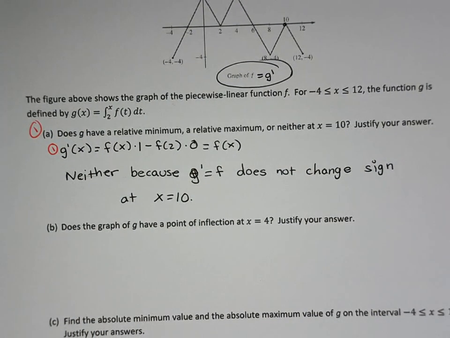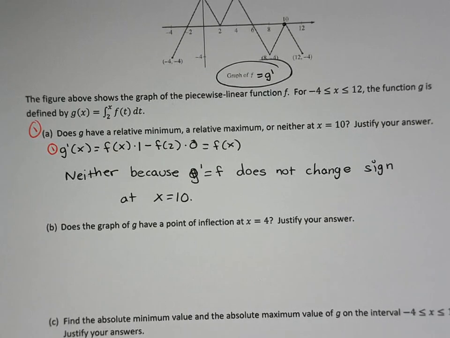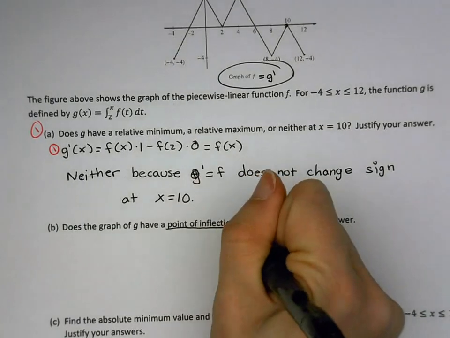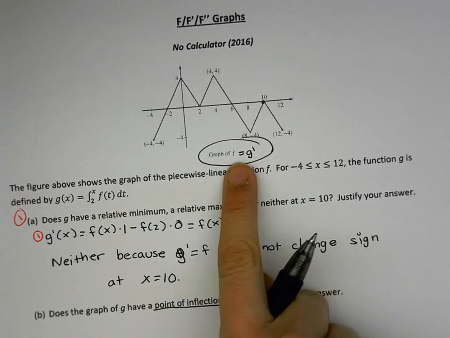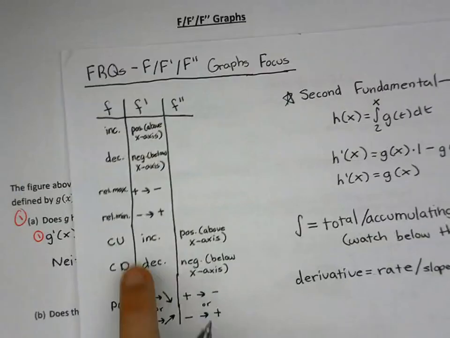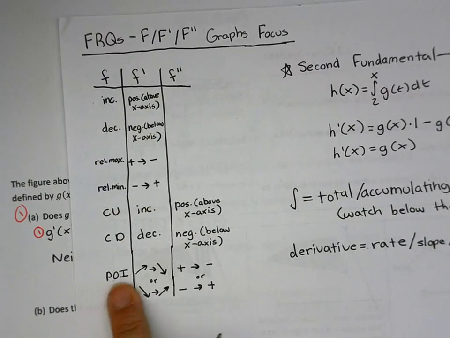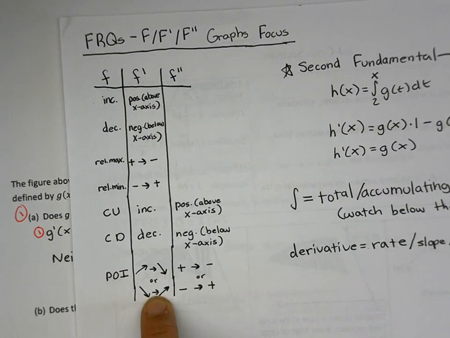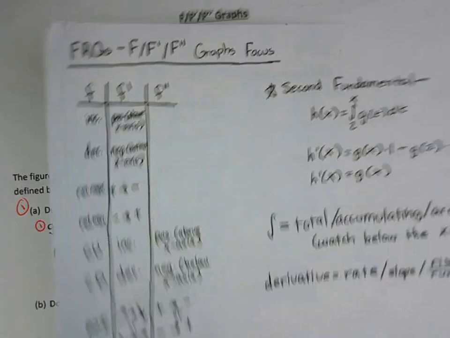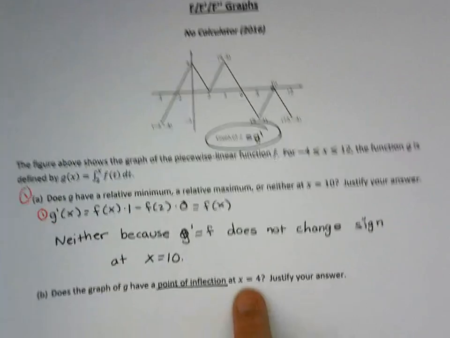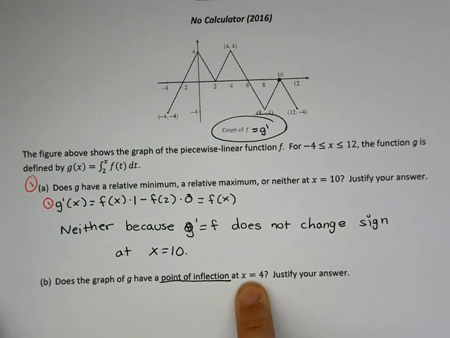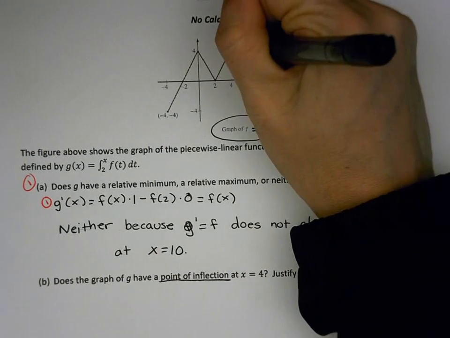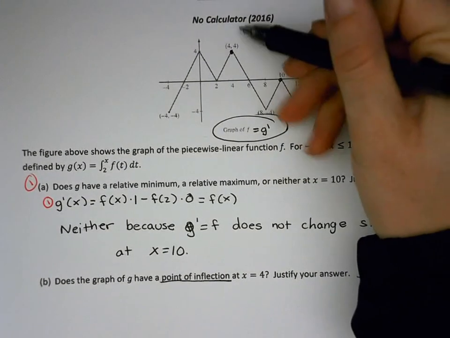Okay, B. Does the graph of G have a point of inflection at x equals 4? Well, what does it mean for G to have a point of inflection on a G prime graph? Remember, I'm looking at G prime here, F. Well, G has a point of inflection when G prime changes from increasing to decreasing or decreasing to increasing. And so does G have a point of inflection at x equals 4? AKA, does G prime change from increasing to decreasing or decreasing to increasing? Well, here's x equals 4. G prime does change from increasing to decreasing. And so yes,